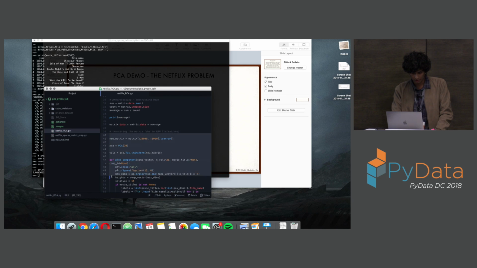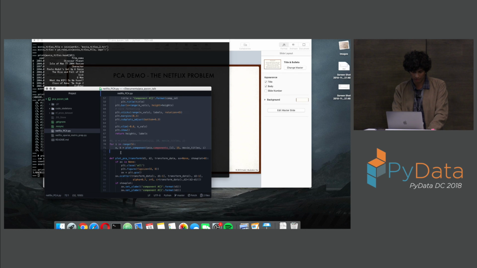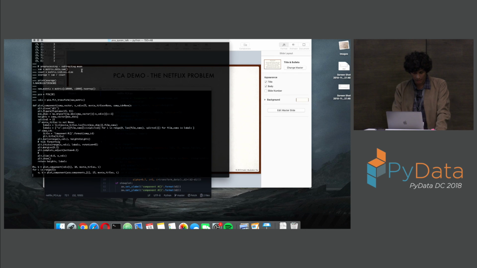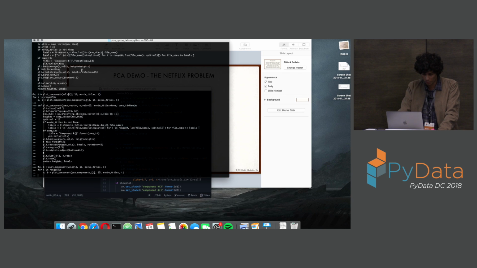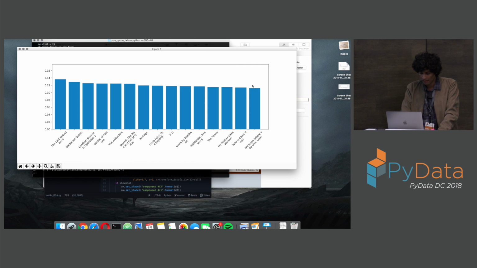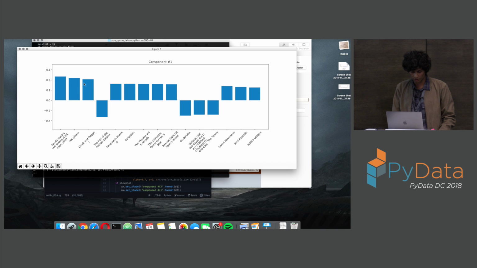And now I truncate my data because I don't have infinite RAM. And I just look for the coordinates in this space. And this is actually the coordinate in the data space because each column is a movie. These are the movies and their values that explain the most variance in the data set. So you see that you probably don't know a lot of these films, right? That's something that I noticed too, and we're going to get to why that is in just a minute.